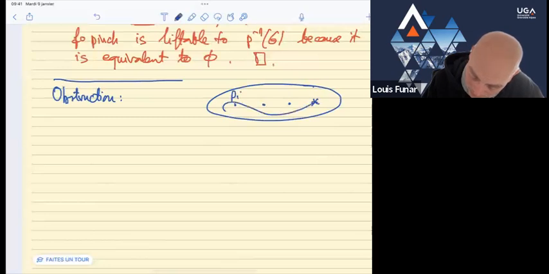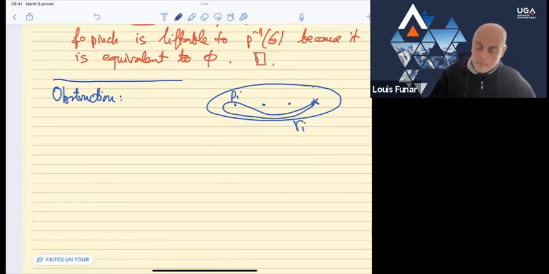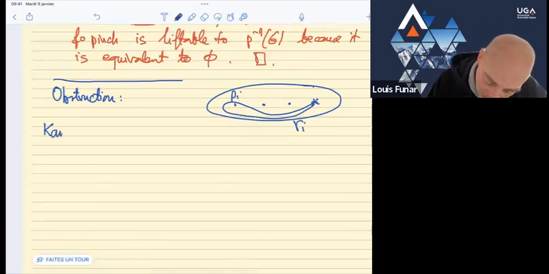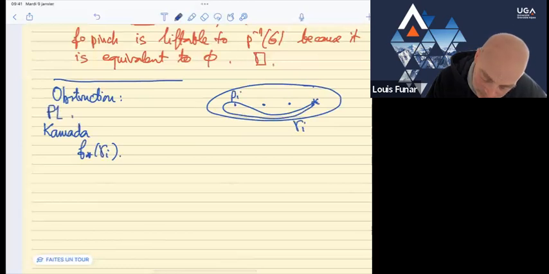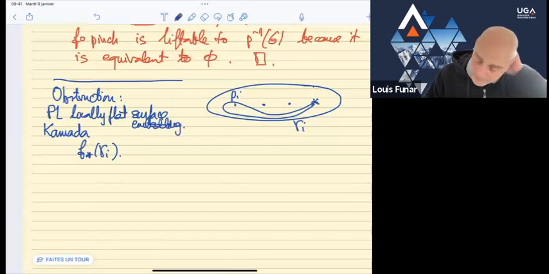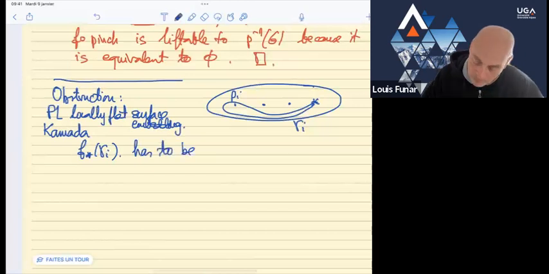I'm putting here gamma I. So the first obstruction is coming from Kamada, and saying that f star of gamma I, in order to be a PL locally flat surface embedded, then f star of gamma I has to be what is called completely